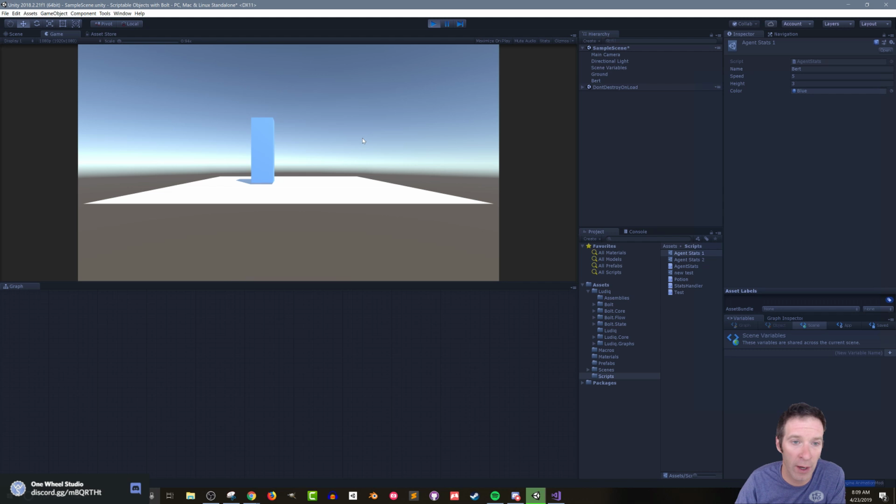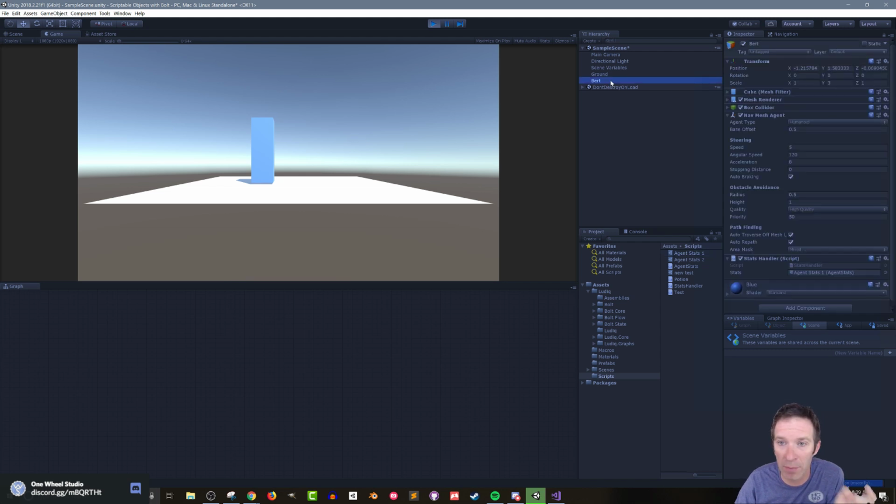There we go. Okay, so you can see here I've got Bert in the hierarchy. He's blue. The speed is 5, which again I think is the default speed anyways. He's much taller. I made him much taller than he needs to be just to make it easy to see. And he's turned himself blue. Now the cool thing here is if I drag and drop these other stats on here, Bert doesn't change immediately because that code only runs on enable. But if I toggle this code,